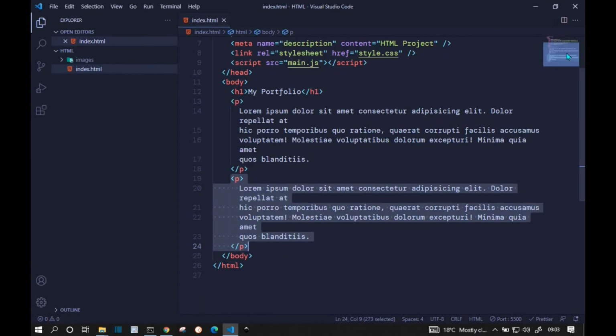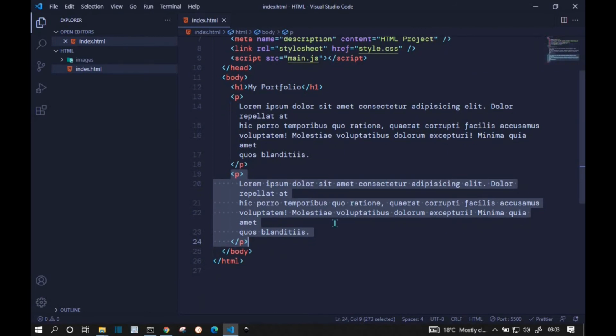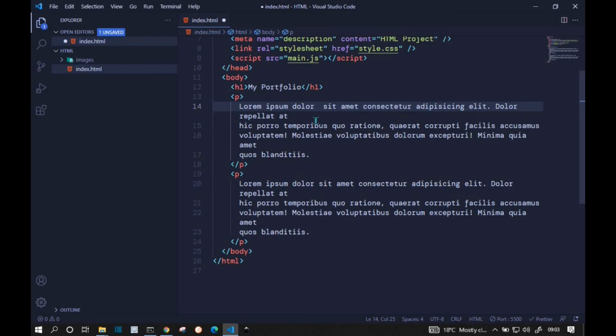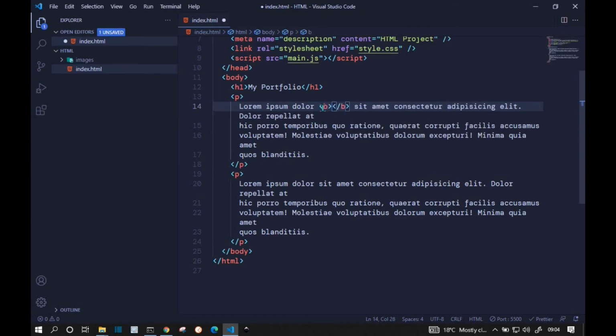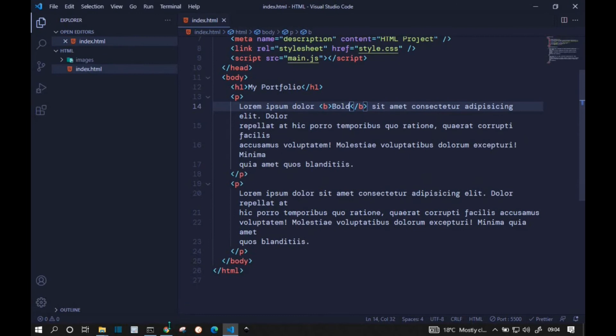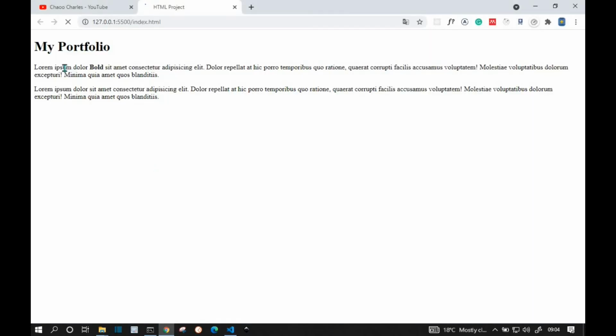Now from here we can talk about elements that you can use to style your text in HTML, and we will go through a bunch of them. And let's start with an element for making text bold. So we have this B tag, and if we say right here bold, I save that and then come here, you will see that the text that is written as bold is now bolder than the rest.